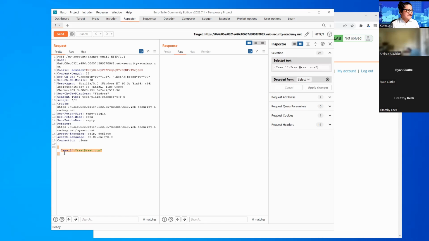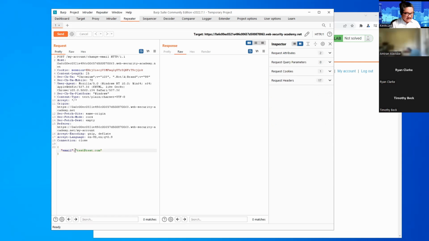But what we're going to do is not only modify our email address, we're also going to modify our role ID, which we can do by modifying the request by inserting a comma, and then double quotes, roleid, double quotes, colon, and just the number 2.